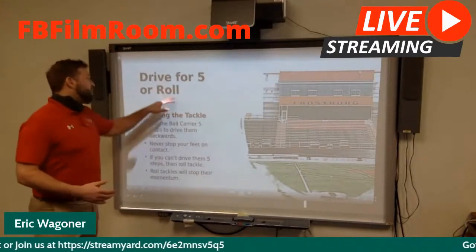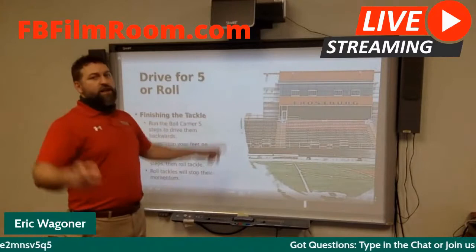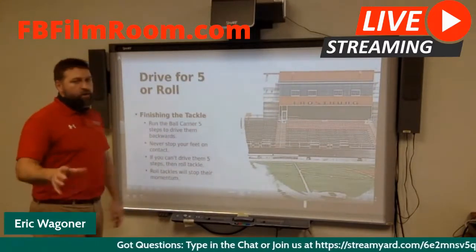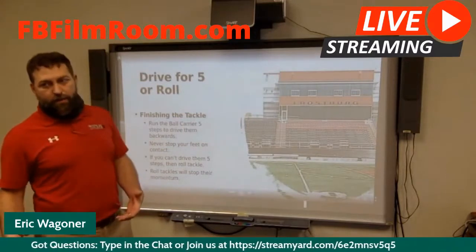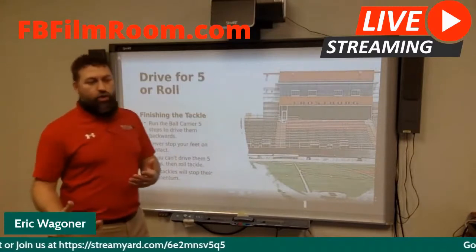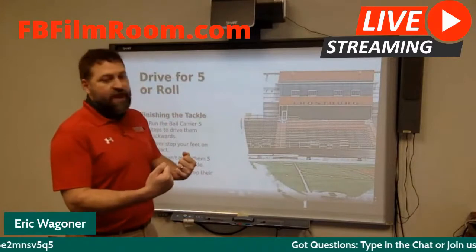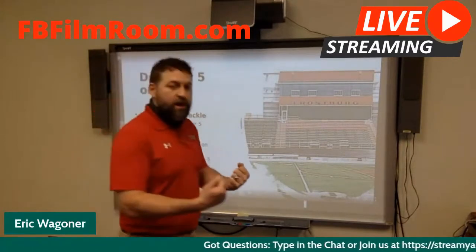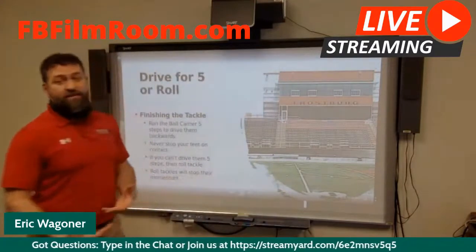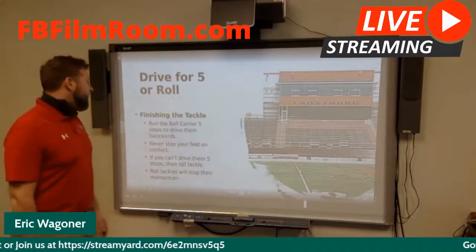The roll tackles happen a little bit more out on the perimeter, whether it's backers chasing guys that might be a little bit faster, or it happens with a secondary guy trying to take down a guy that's a little bit bigger. If you've got a safety or a corner tying up a bigger back, he's probably not going to grip up a guy that's got 20, 30, 40 pounds on him and run him back 5. He's probably going to grip him up, and then he's going to roll tackle to take his legs away because the guy's bigger than him. The roll has been very beneficial